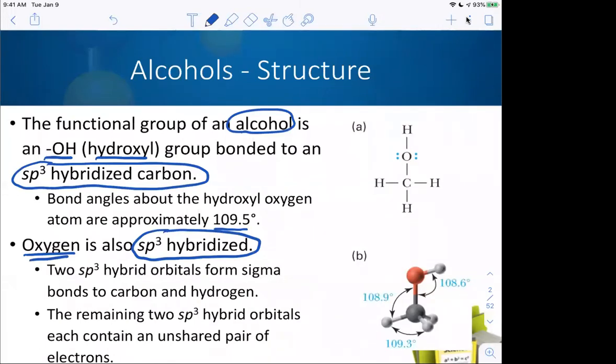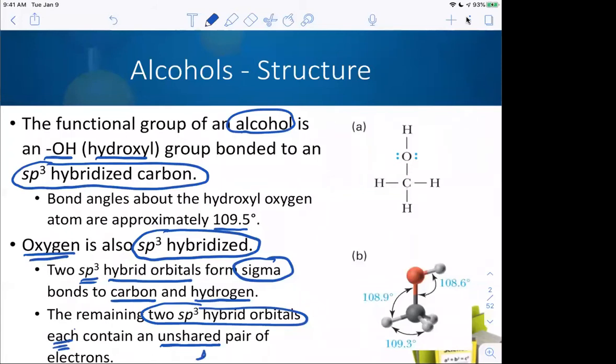So again, let's reiterate. I have two sp3 hybrid orbitals that form the sigma bonds between the oxygen and the carbon and the oxygen and the hydrogen. And I have two sp3 hybrid orbitals that each contain an unshared or lone pair of electrons. So I do have my tetrahedral angles in all of these different atoms. My bond angles are going to be just slightly off of tetrahedral because of